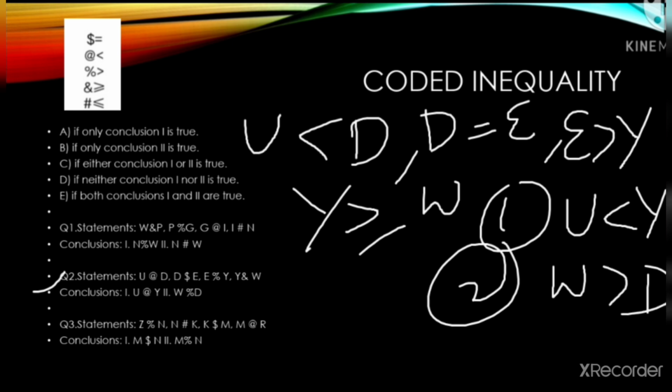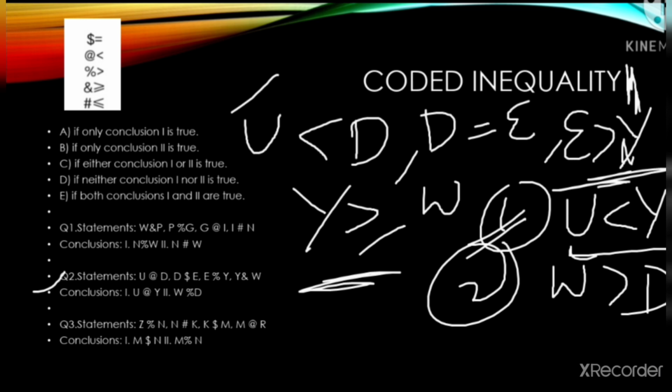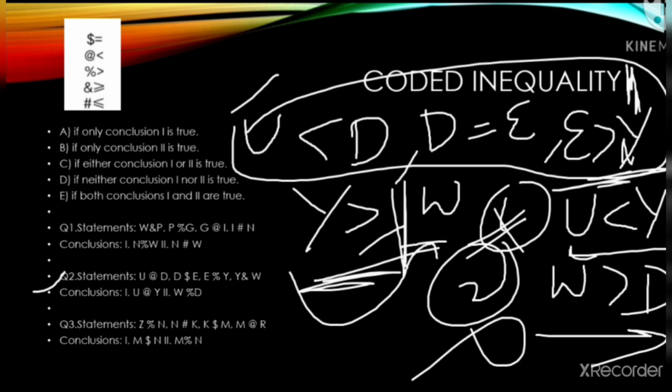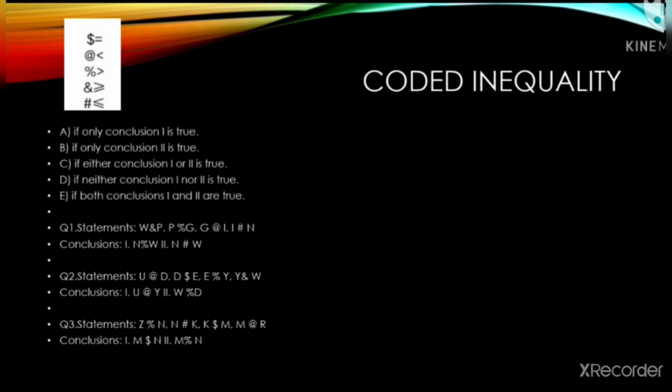So see what we need to do, we need to check this first conclusion in this particular statement. So what we need to do, we need to move forward from Y to U. We are restricted to move after Y in this particular expression. We cannot move after Y, but if you are looking here, we can move from Y to W, but we do not have Y in this whole expression, so in this way it goes wrong. Fine. Next is W is greater than D. So after W you are restricted to move further, so in this way this also goes wrong. So in this particular statement both the conclusions were wrong, so D is the answer here. Fine.